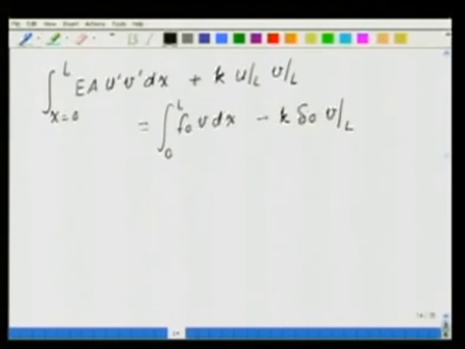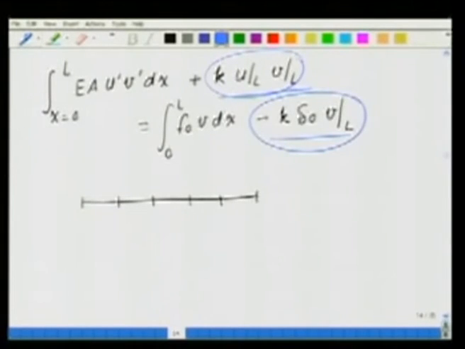Now, let us go to our finite element formulation. Let us again take the 5 element mesh that we had drawn. For the 5 element mesh, now tell me what is it that we have to do with respect to the application of these conditions. So, first thing that we do is we ignore these two terms and we do the standard element calculations to find the element matrices KL and FL, assemble them into the global matrix K and the global vector F.